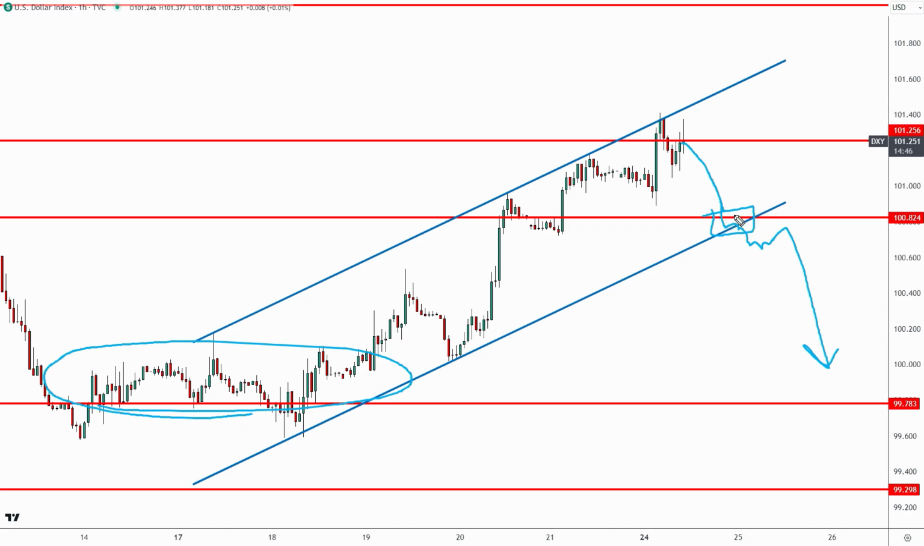Now, if we do get bullish price action from here going into FOMC, then we get the rally, this channel stays intact, and we could be looking at that move up toward the 102 area. But for now, as I mentioned, over the next, let's say, 24 to 48 hours, I would expect a pullback here from the DXY down to retest that area around